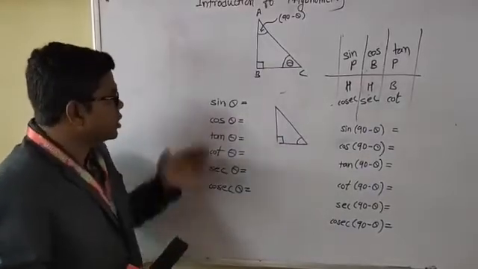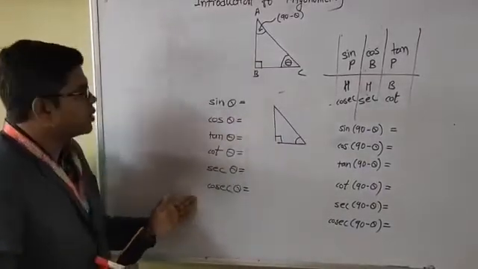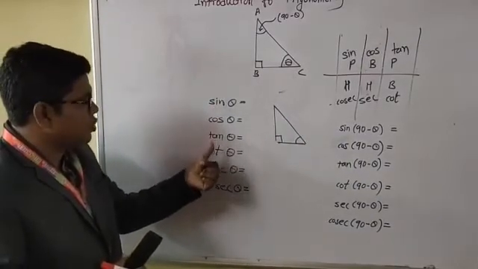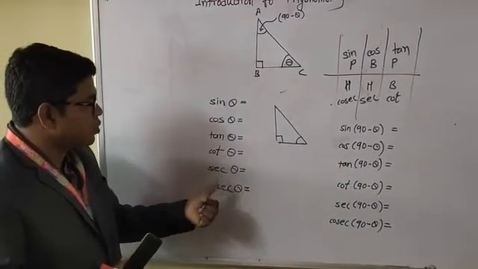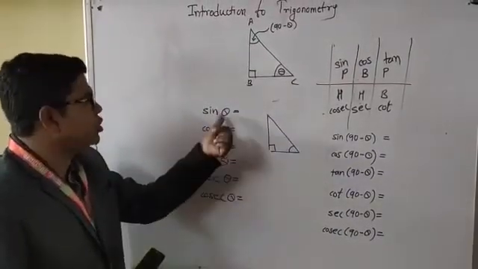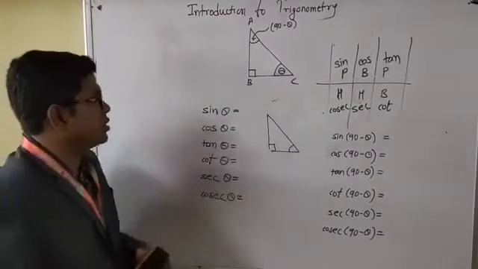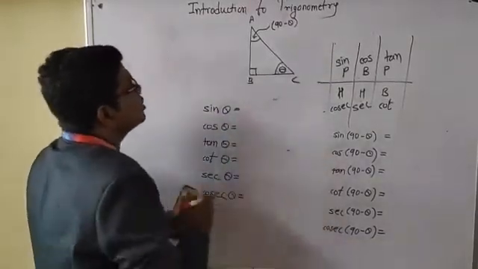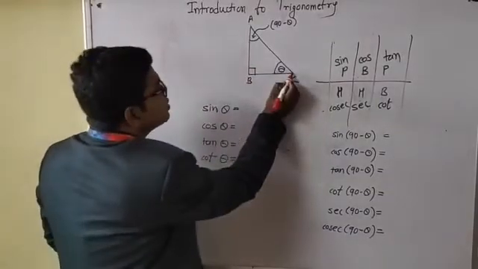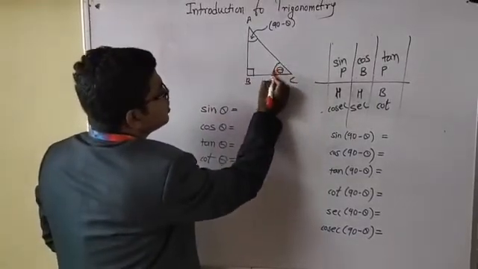using trigonometric ratios. The trigonometric ratios are sine ratio, cos ratio, tan ratio, cot ratio, sec ratio, cosec ratio. Theta is the angle. It might be 0 degree, 30 degree, 90 degree or something. Now see this right angle triangle ABC, which is right angled at B. Let us consider the angle C as theta.